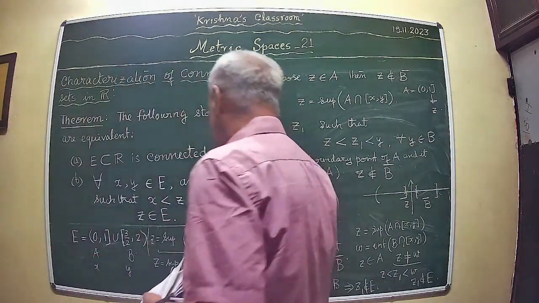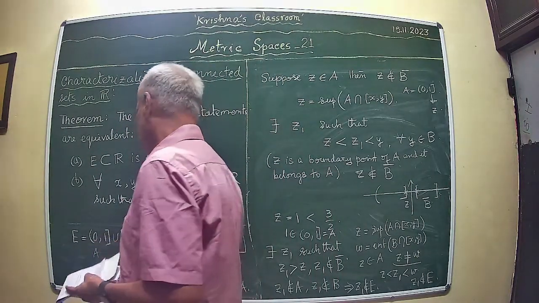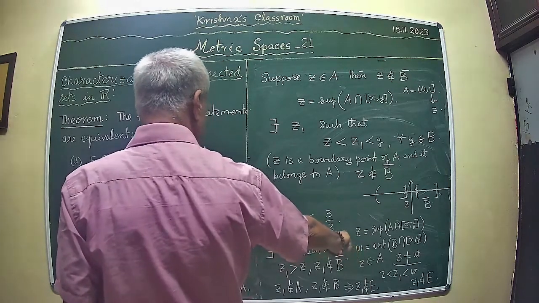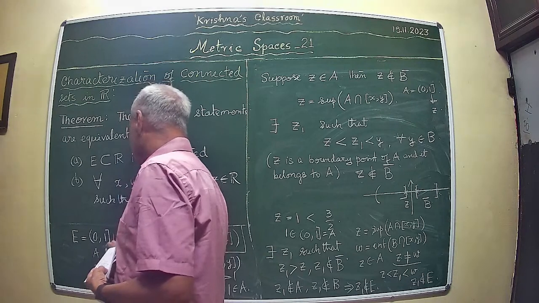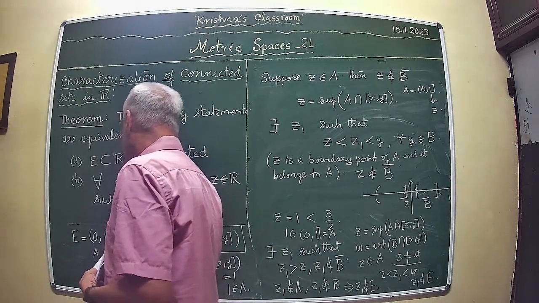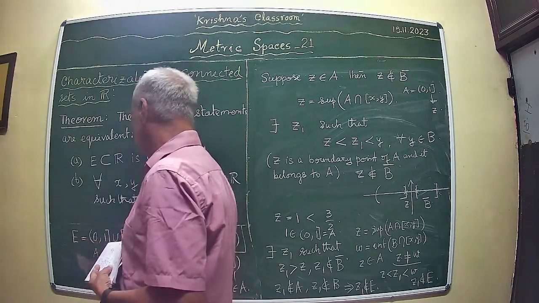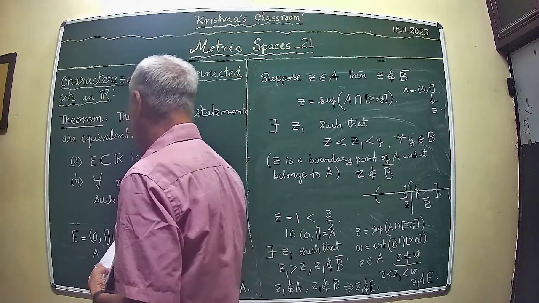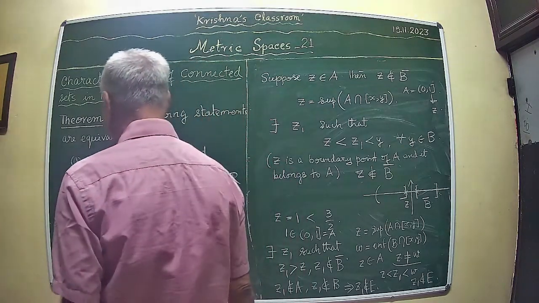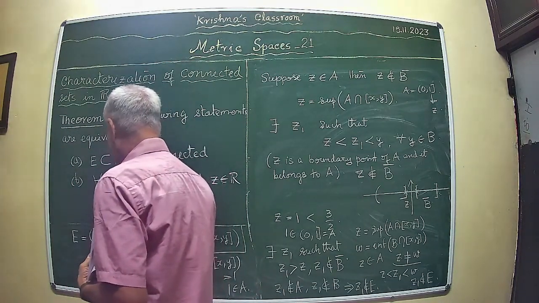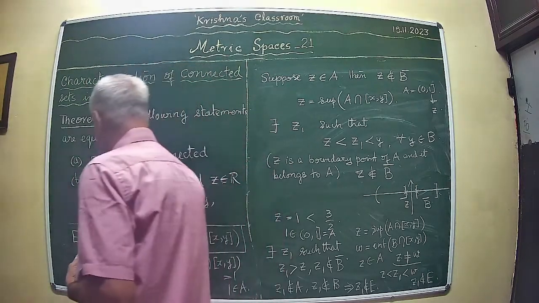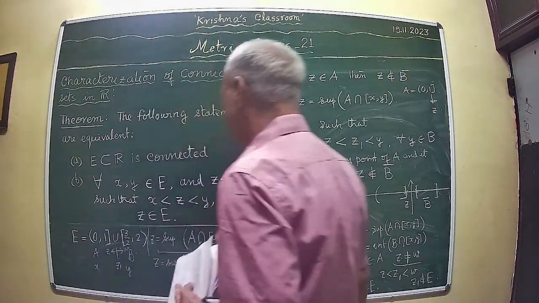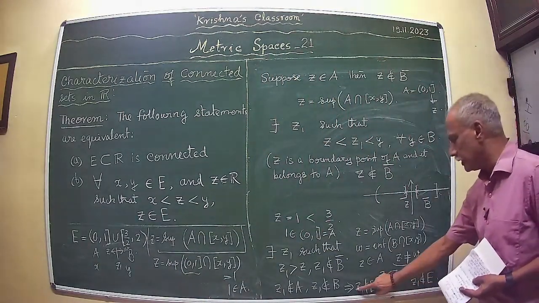Okay. So in this case, what you do is, see, this is your Z. Now, you look at the infimum of that, W. This is your W. This is Z. Z is in A. W may be in B or may not be in B, depending on whether 3 by 2 is included in that. But in this example, W belongs to B. But then there is plenty of gap between these two. And you can choose any element. In fact, there are plenty of choices now available. And you can put a Z1 in between this. Okay. Therefore, in this particular case also,